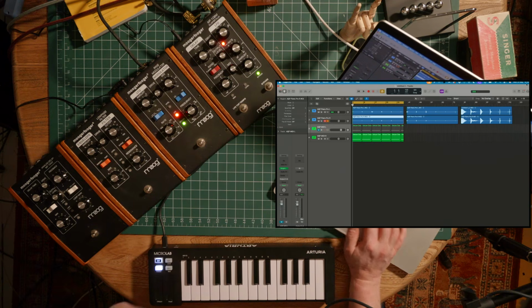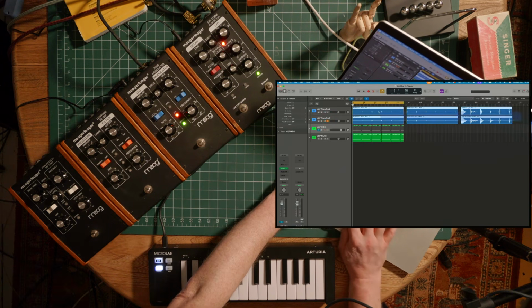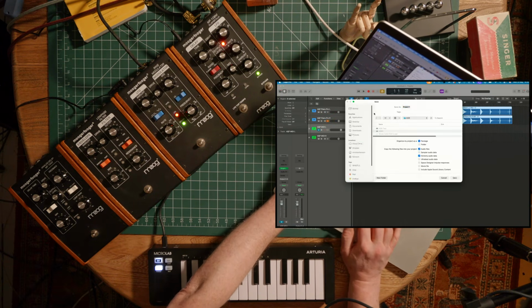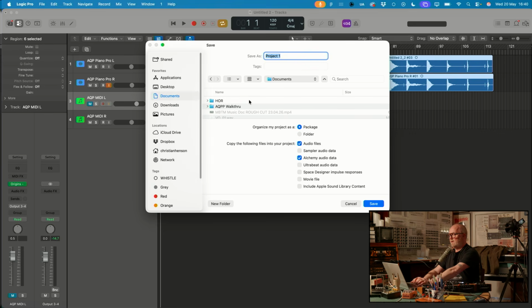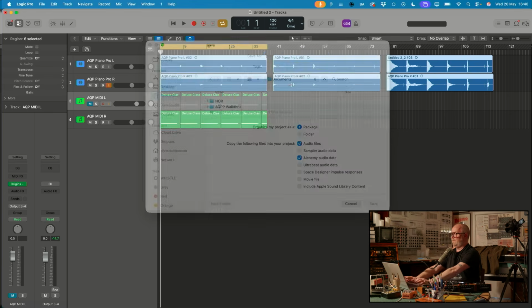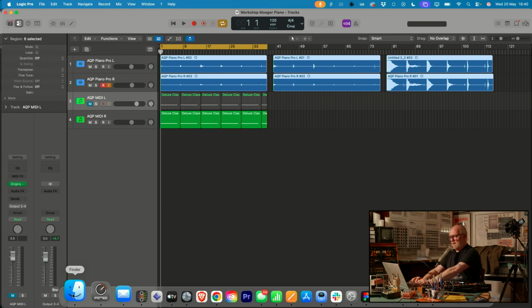Groovy. Okay, right. What I'm going to do next is let's just save this so we know where all of the stuff is. Workshop, Mooga, piano, and